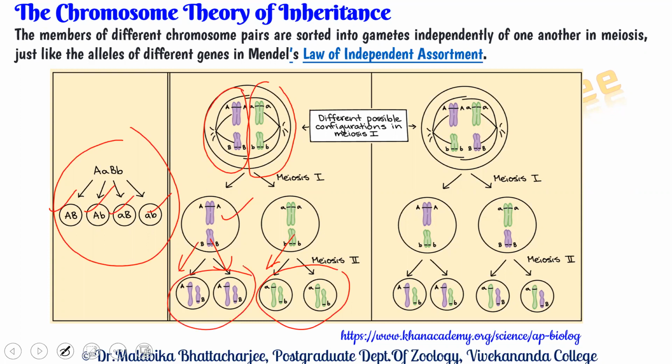or it might be that during the realignment of the chromosomes on the metaphase plate, we see capital A small b moving on one side and small a capital B moving on the other side. Accordingly, meiosis 1 is followed by meiosis 2. So we have this combination of gametes, capital A small b and small a capital B. These were the 4 categories of gametes that we observe in meiosis. And if you compare this with Mendel's dihybrid gamete formation, they are the same.